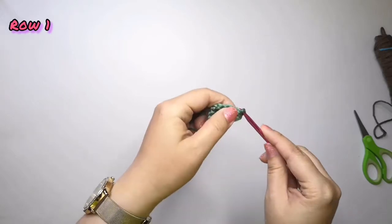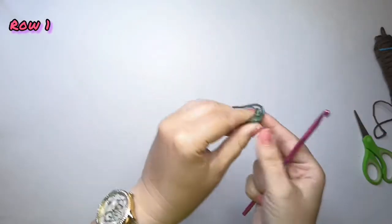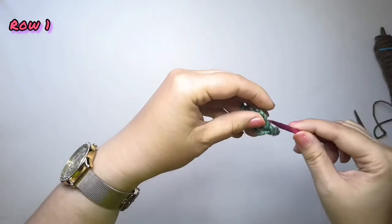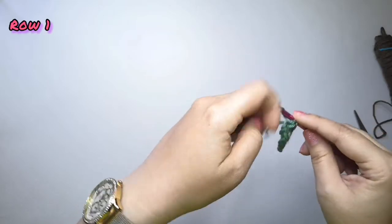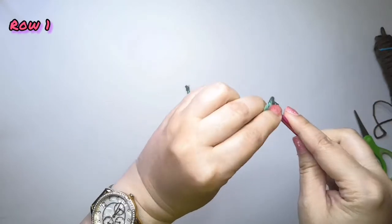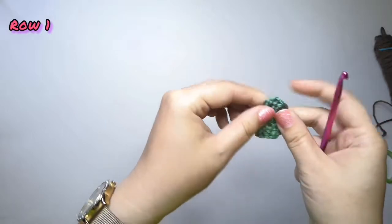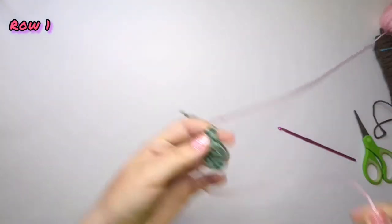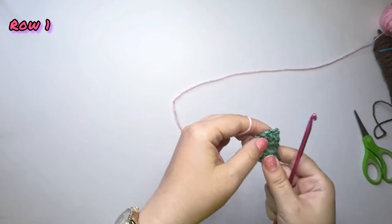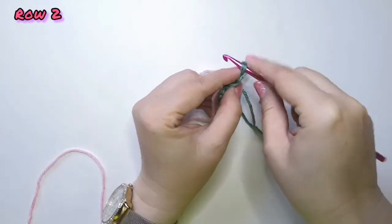Turn your triangle, weaving the end through both loops of double crochets. Attach the new color. I will use the pink color. Insert the hook into the first double crochet